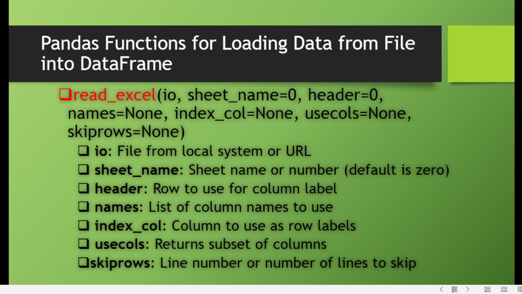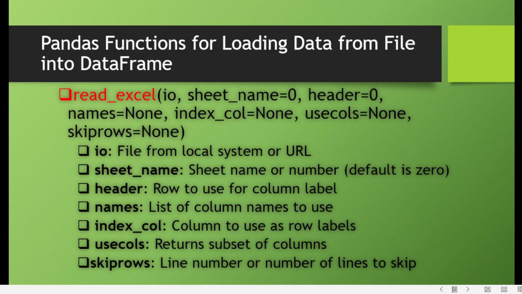You can also specify column names using the names parameter. index_col: to assign labels to the rows, you can specify the column. The column's values will be used as row labels. usecols: return a subset of columns. skiprows: line number or number of lines you want to skip.